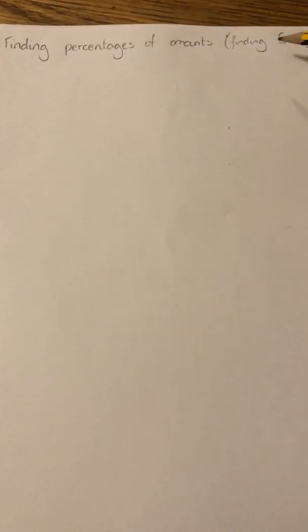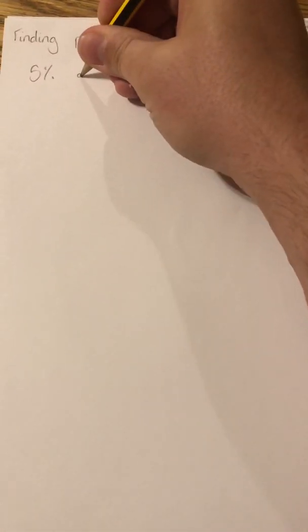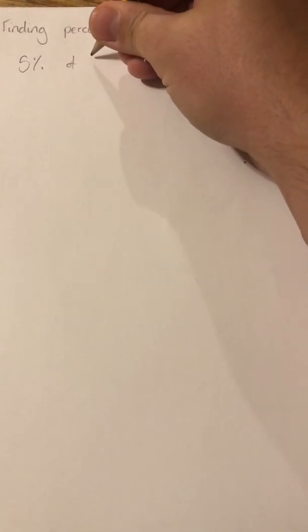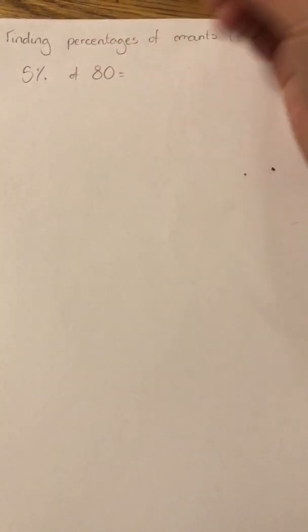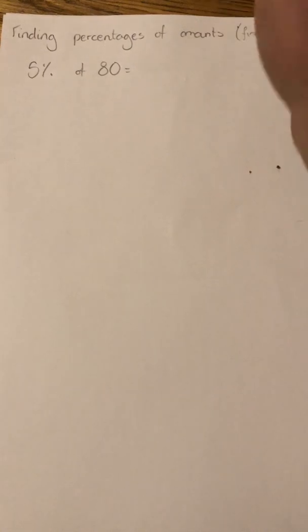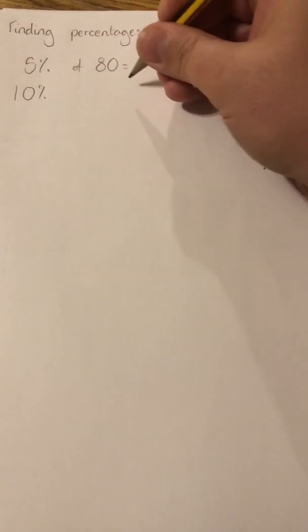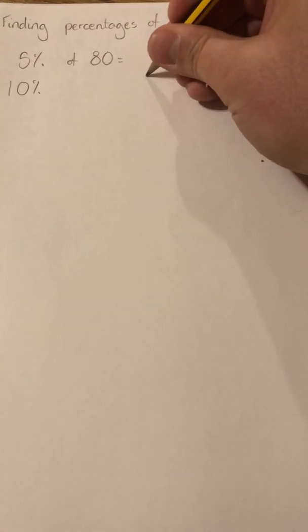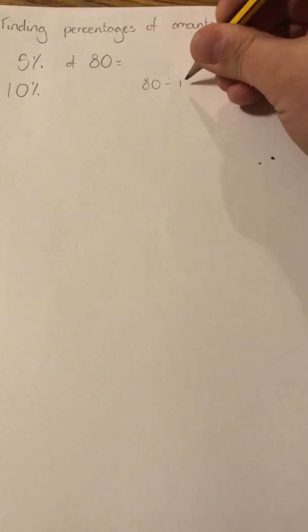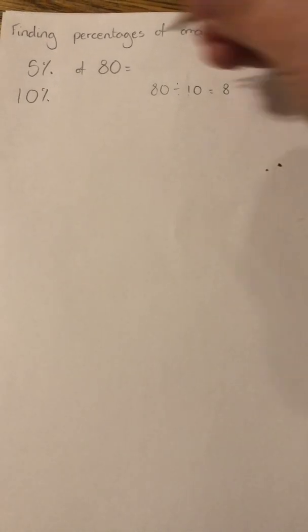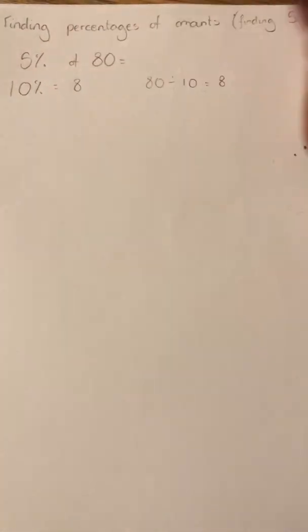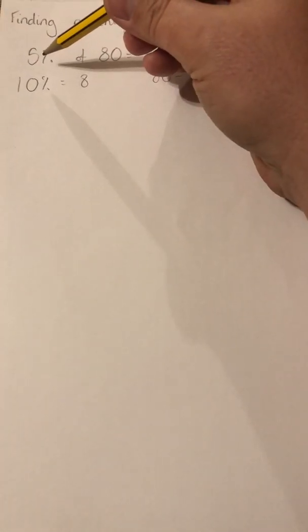So this time we are finding percentages of amounts, but we're going to find 5%. So if I wanted 5% of 80, I'd first find 10%. And if you remember from last time, 10% is 80 divided by 10, which equals 8. So 10% is 8. To find 5%,